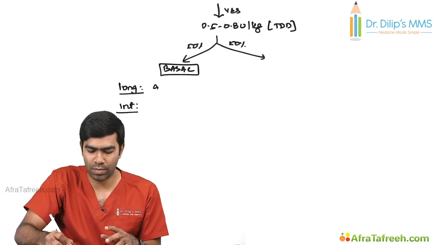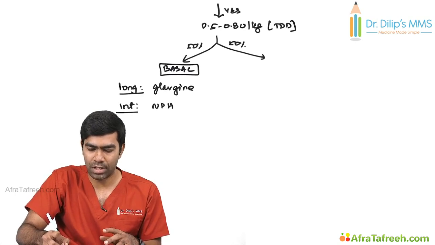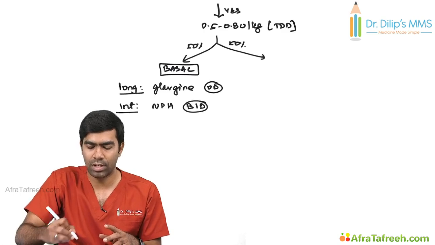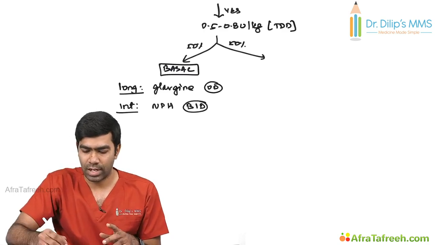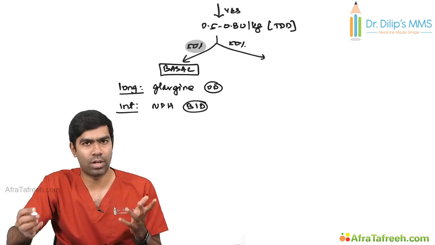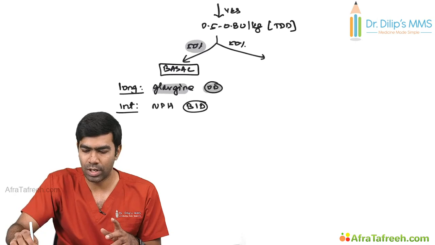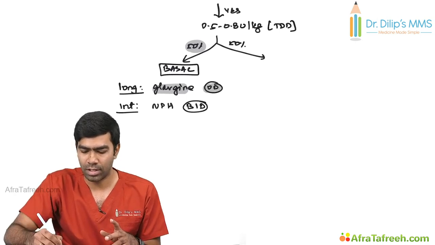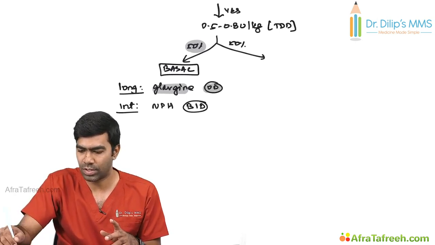Long-acting insulin, very commonly what we prefer is glargine once a day, or you can use NPH twice a day. Glargine is once a day. NPH has to be given twice a day. So the entire 50% of the total daily dose will be given as OD if it's a glargine. But it has to be split into 2 doses if it's going to be a